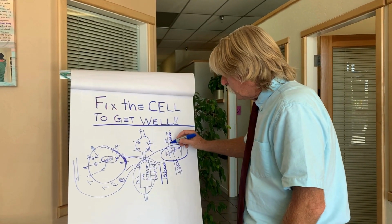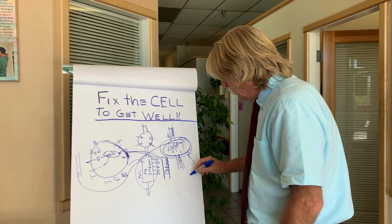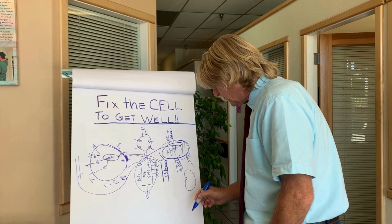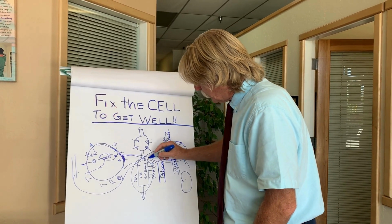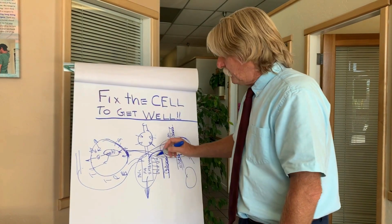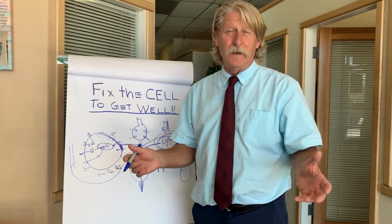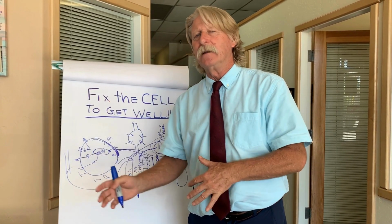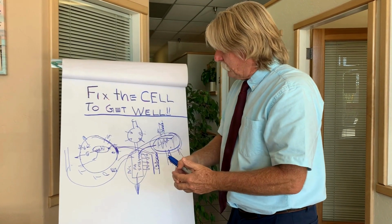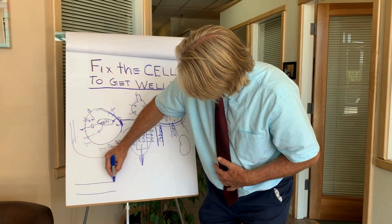So once we start to do the first phase of our detox, it's going to be to get the liver working well, get the kidneys working well, which filter your blood into the urine. Your liver filters it into the large intestine, and then we hopefully get it out of the body, providing we don't have a messed up colon, which 94% of the people in the United States have some kind of leaky gut. So that means you have intestinal permeability, which means that if you have these tight junctions in your intestines,